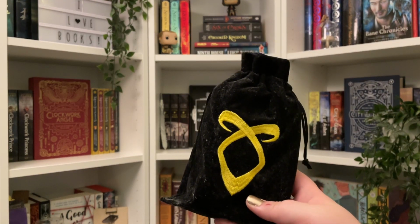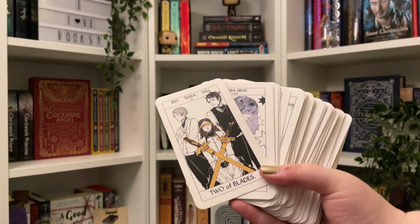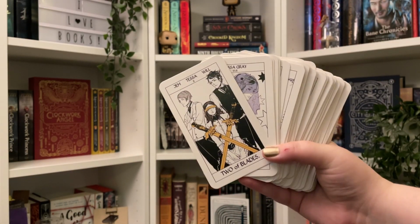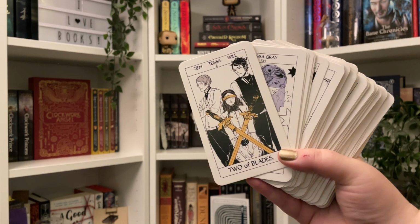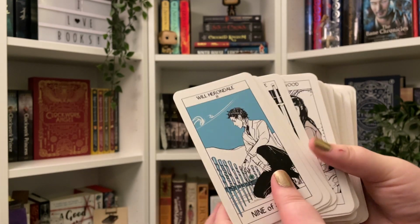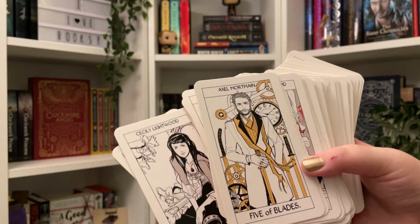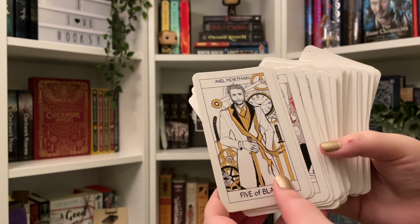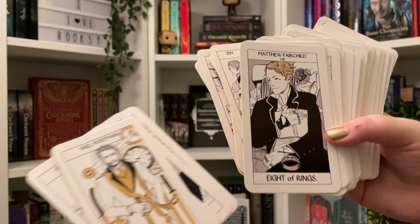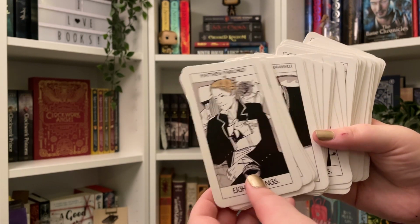The middle shelf features these gorgeous cards, which I just have to show you some of, because look how gorgeous they are. They are essentially a version of tarot cards, but they have been renamed to be Shadowhunter related, and to say I adore them is an understatement. I don't remember what the website was called that I got them from, but they were all the rage back in Bookstagram's heyday, so I will see if I can find them, because honestly, if you're a fan of the Shadowhunter series and don't have these,